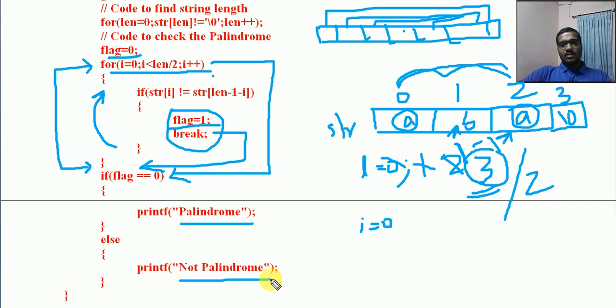An important program where we need to check whether the given string is palindrome or not. So just try to understand at least this logic. This can be written in another way also. All the program logic is not like it can be written only in one way. It can be thought of in another way also. Where I am using while, you can use a for loop, and where I am using for, you can use a while loop.